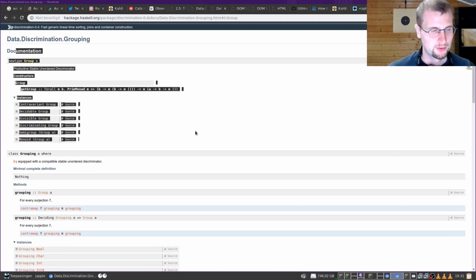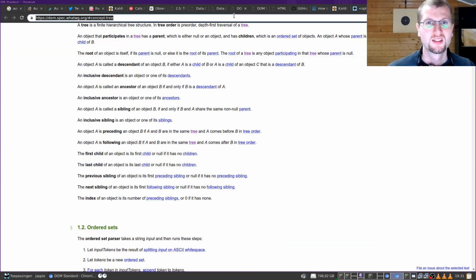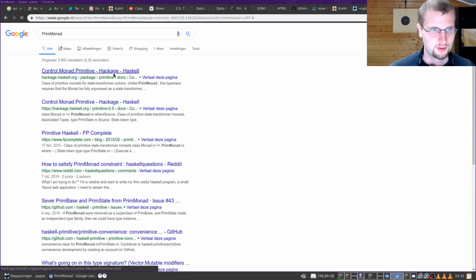Yeah, you need to figure out what this is. Good luck with that, by the way. Oh, what a prim monad is. Fuck monad. But if you ever feel the need to have linear time sorting, which may be the case